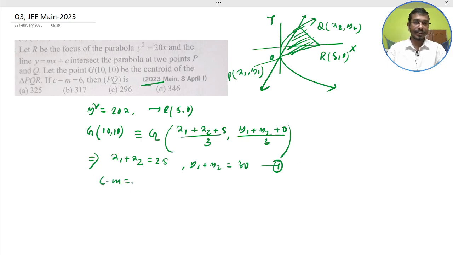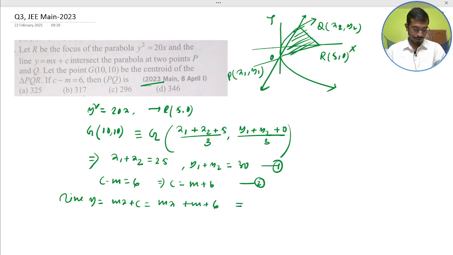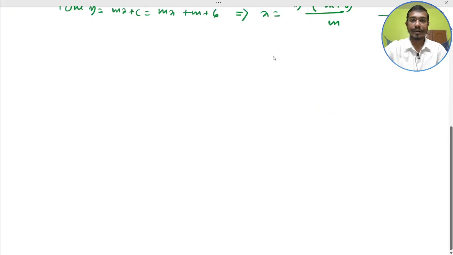And c minus m is given as 6. That means c is what? m plus 6. This is equation 2. So line y equal to mx plus c. Put this value of c, mx plus m plus 6. This is equivalent to x equal to (y minus m plus 6) divided by m. This is equation number 3. Now eliminating x in the parabola, we get,